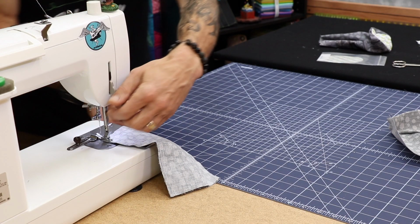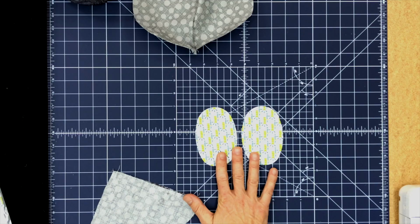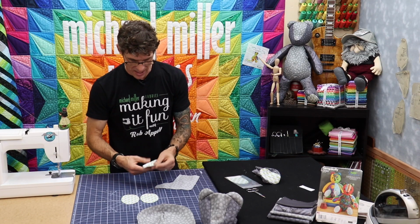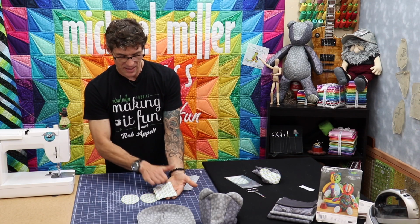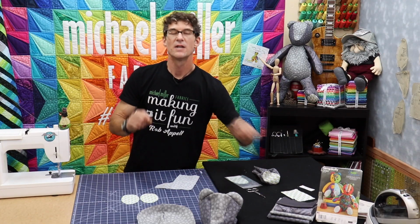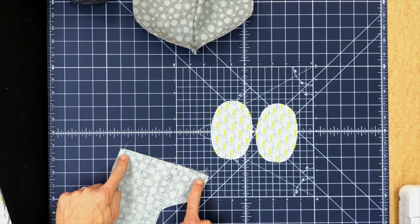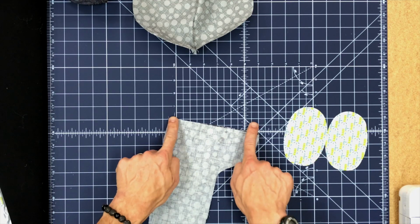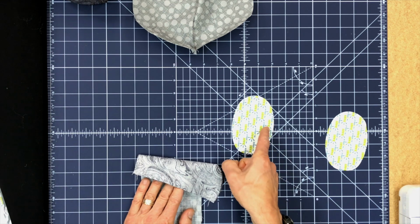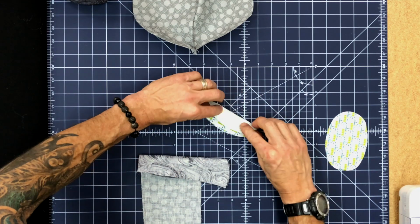Now, another trick I have learned in making lots, and I have literally made over a dozen of these bears. The feet this time came to me already pre-cut in the oval shape. I've also received them in the past in rectangle shapes. Either way, you have just enough to make it work. One of the tricks I have found over time is you can make a little larger seam allowances in these areas to shorten this hole, and I'm not going to take a full 1/4 inch on the pad, and it gives me just enough. The other thing I like to do is I'm going to fold it like I did